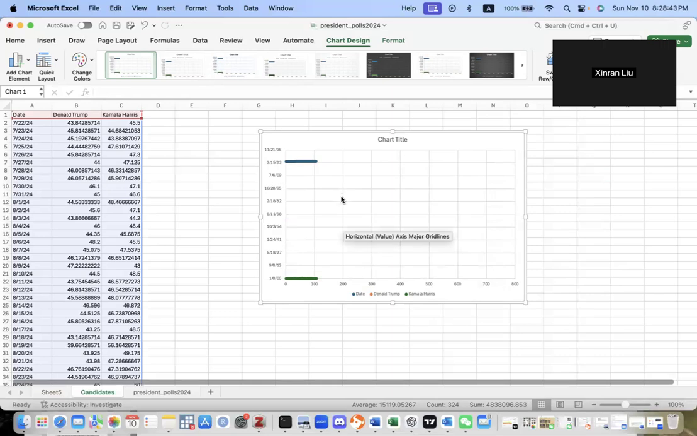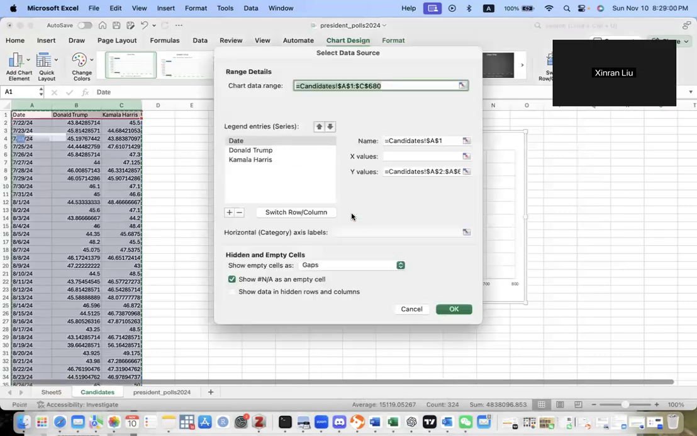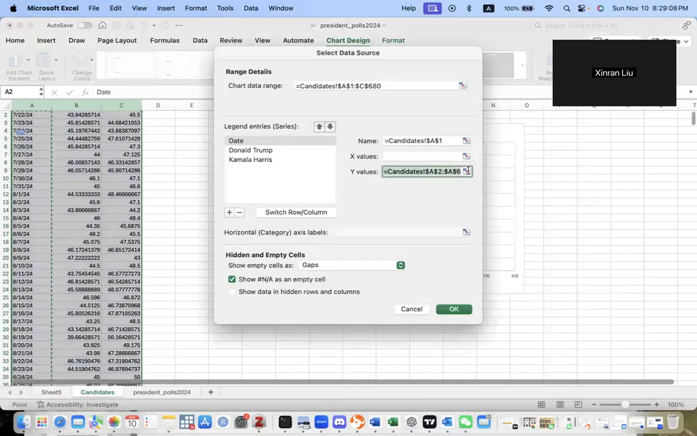And it would be not okay because we want the x-axis to be the date and the y-axis to be the PCT of Trump and Harris, right? So on this table, double click it to select data. So we may need to delete the date y-axis. So y value,